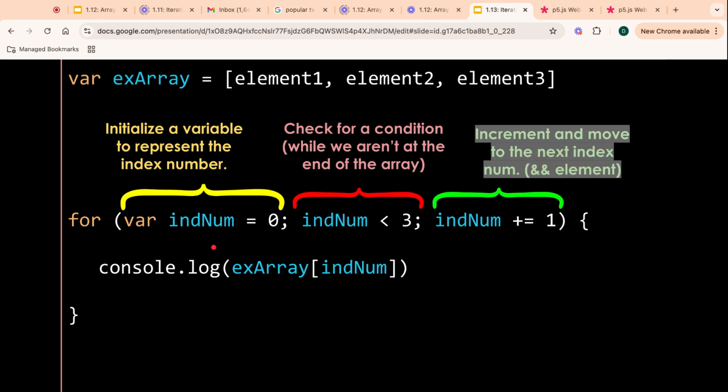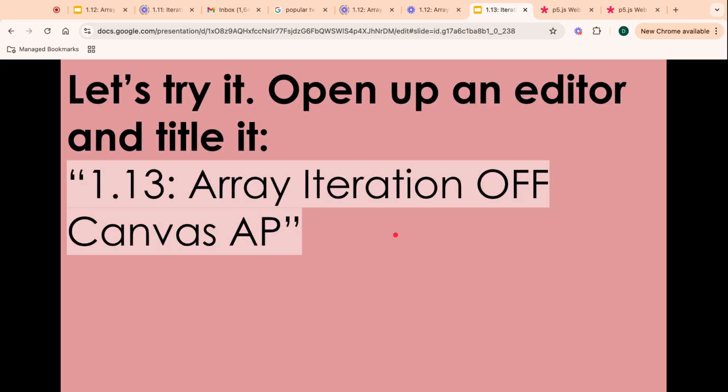So I would start at 0, and then I would console.log, I'd print this element. And then is 0 less than 3? Yes, so I'd add 1. Is 1 less than 3? Yes, so I would print this one. Then I would add 1, and I'd say, okay, is 2 less than 3? Yes, so then I would print this one. And then I'd add 1, and I would say, okay, is 3 less than 3? No, and I'd quit. We're going to go ahead and try this today,